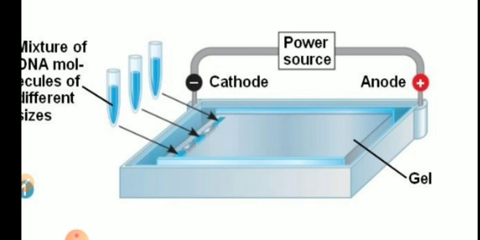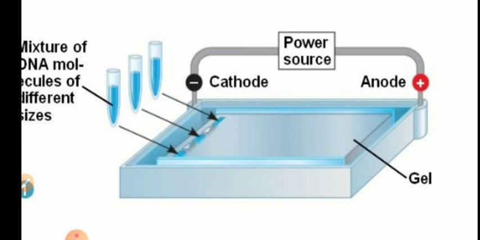If you want to load the sample into the gel well and it contains only DNA and tracking dye, it will not sink into the gel. The sample will not sink into the well. It will come out and float on the surface of the buffer. So your sample will be wasted. So what you want is that your sample should sink into the well, right? So in order that it sinks into the sample well, the sample should be heavy.